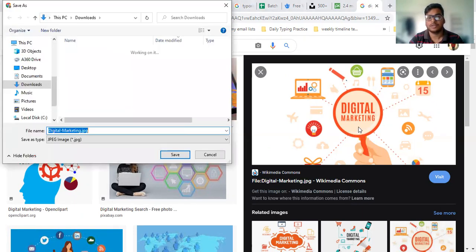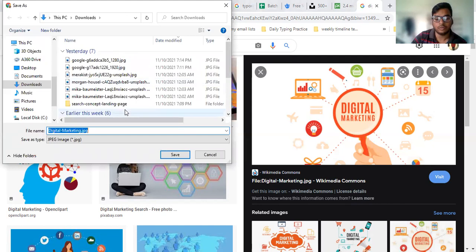After clicking save image, a window opens. You need to save the image on your computer anywhere you want, and you can name the image.